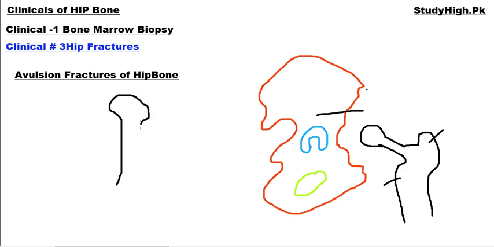So just assume this is a femur bone, any long bone. The rounded upper part of this bone is called the epiphysis. So this upper part is called the epiphysis. This is the part at the neck of the epiphysis. The long shaft of this bone is called the diaphysis. This is the diaphysis. This is again the epiphysis. The region between the epiphysis and diaphysis is called the metaphysis.